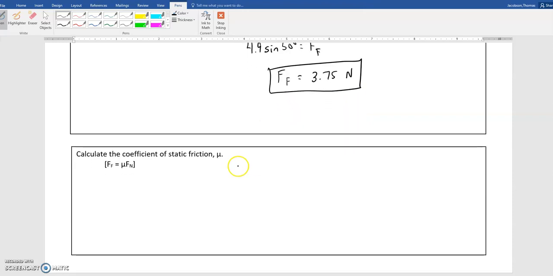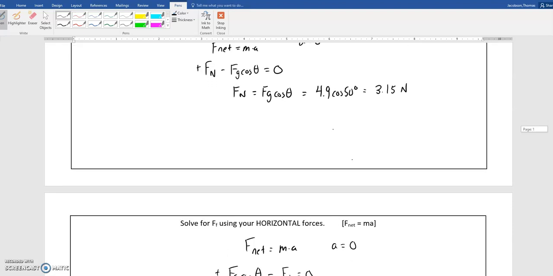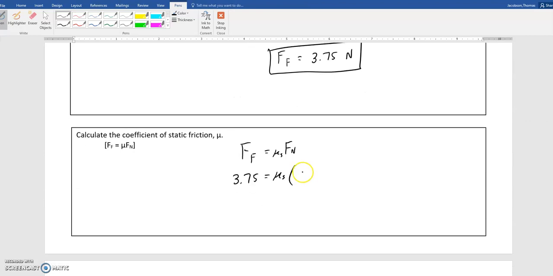Coefficient of friction: Ff equals mu times Fn, and this is going to be static because it's not moving. So we got our friction force, I should say, 3.75 newtons. We're trying to solve for mu, and our Fn was 3.15. So mu is going to equal 3.75 divided by 3.15,